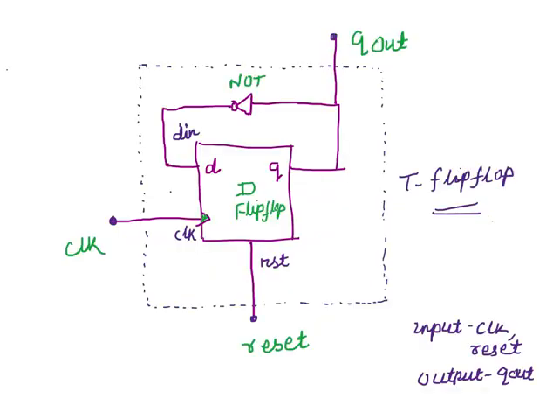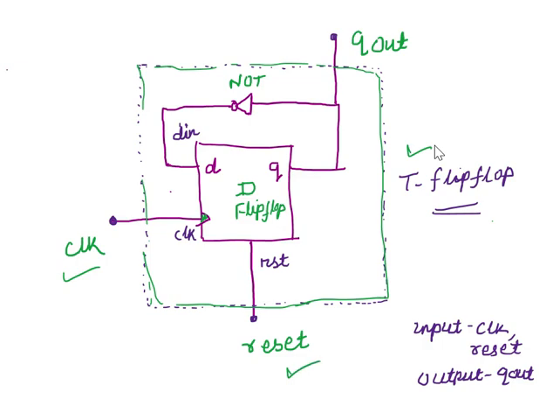Then again I have taken another example, and this is the block diagram for a T flip-flop. Okay. If you remember, this is the block diagram for the T flip-flop. See, this is my T flip-flop. Not the inside part; this is how I have to model this block. So what are the inputs? Inputs are clock and reset, and what is the output for this block? Q out. So the inputs you have to take are clock and reset, and the output is Q out.